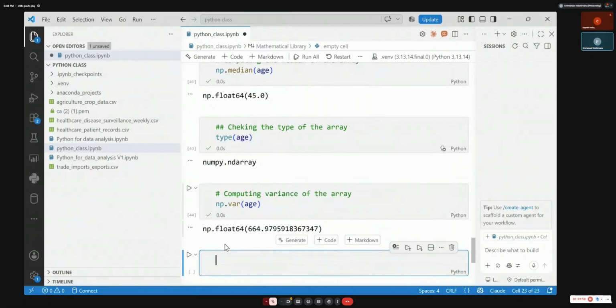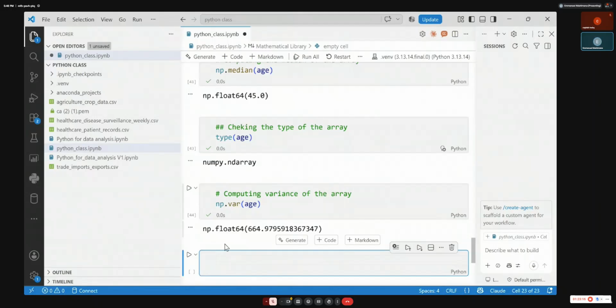Difference. So, okay. If the variance is high, what does it mean? If variance is small or variance is high, what's the meaning in the real sense?